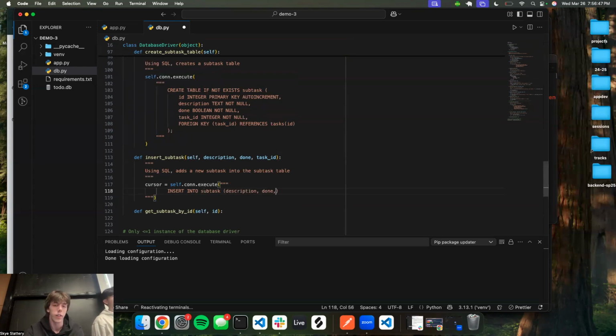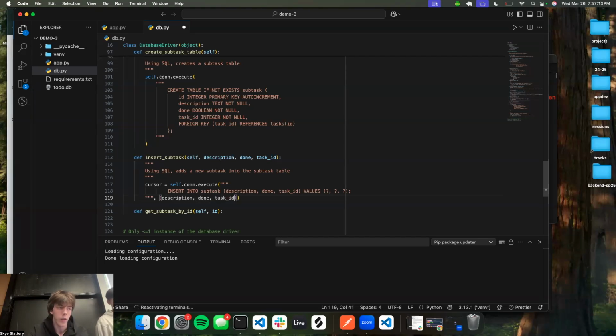We have the done status, and then we have that task ID. And then the values we're passing in with the values keyword are initially going to be these question marks because they're variables. And that'll be all for the query, but then we just have to remember to pass in those variables. So in order, it's description,